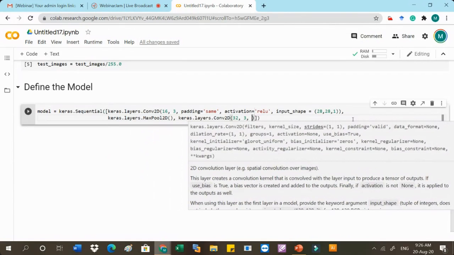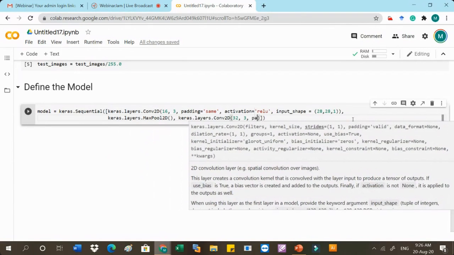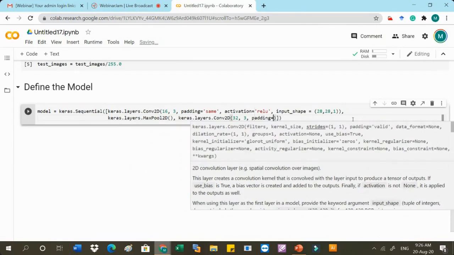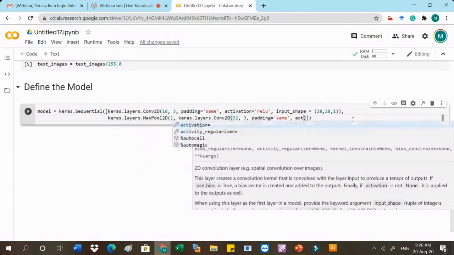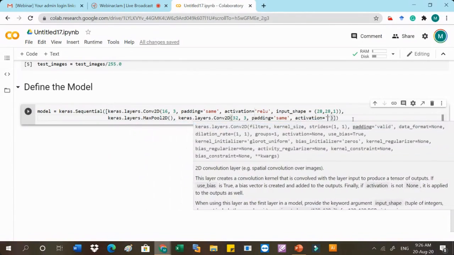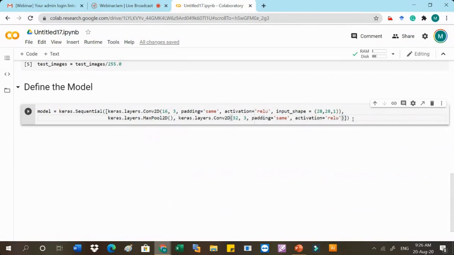Then padding, we are taking same, as we have defined in our architecture. Then we have to use the activation function, so activation we are using ReLU.